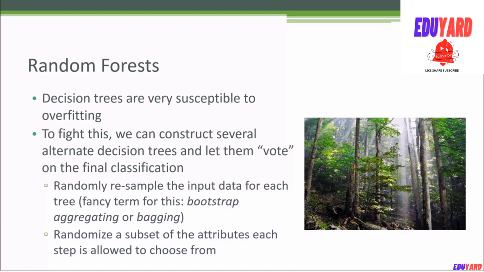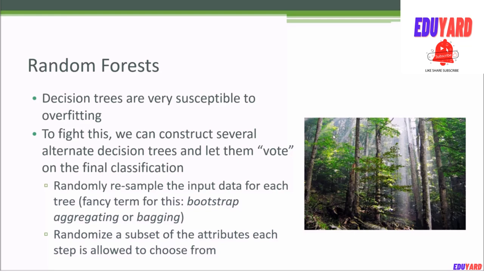The other thing random forest can do is restrict the number of attributes that it can choose between at each stage, as it's trying to minimize the entropy as it goes. And we can randomly pick the attributes it can choose from at each level, so that also gives us more variation from tree to tree, and therefore we get a greater variety of algorithms that can compete with each other, and they can all vote on the final result using slightly different approaches to arriving at the same answer.